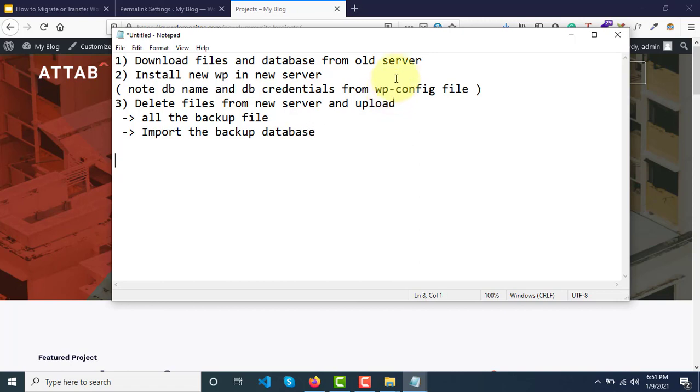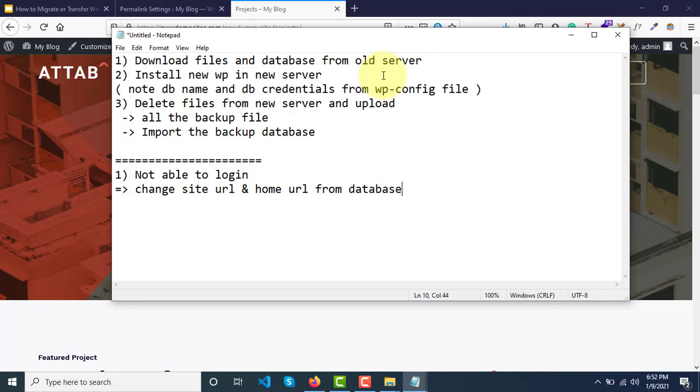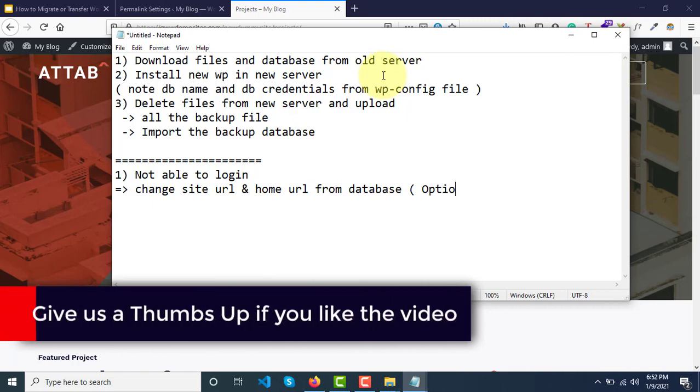Now after doing this, if your website doesn't work, then troubleshooting is needed. First thing, if you are not able to log in, what you need to do is first change the site URL and home URL from the database options table.